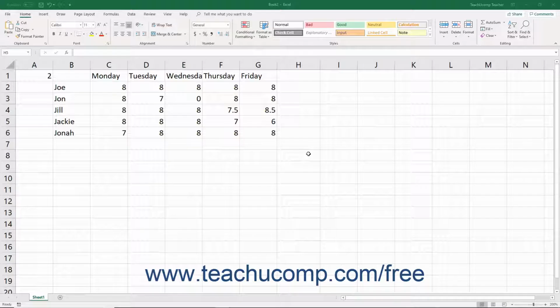www.teachucomp.com/free. In Excel, you can cut or copy cell data and then paste it into other cells. Cells that contain numeric or text entries can be moved wherever you want. The only trick is when you need to cut or copy formula cells. When you copy and paste formulas to a new workbook location, the formula's cell references automatically adjust to fit their